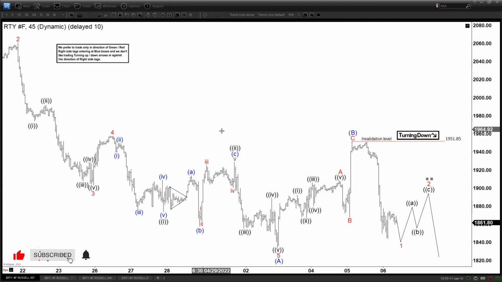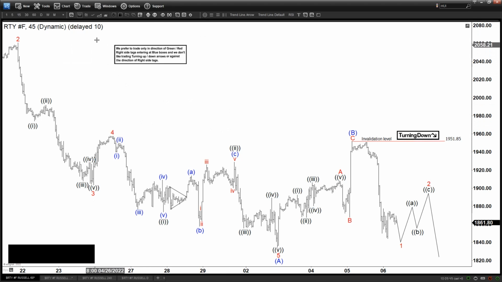GMT. Today we are going to take a look at the chart of the Russell 2000, 45 minutes short-term chart. What a week. We got a very volatile price action before the FOMC, after the FOMC, and then we will end with the non-farm payroll on Friday. So it turns out that the rally after the FOMC was a false rally, was a